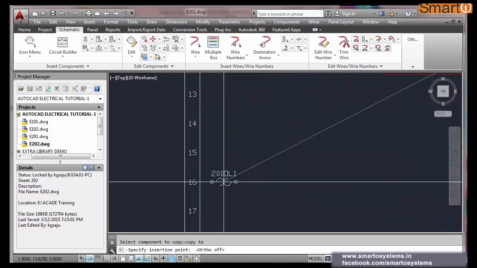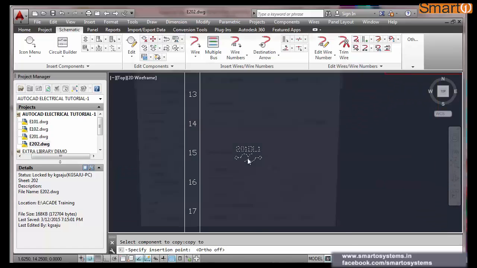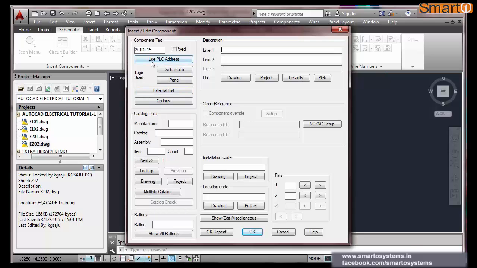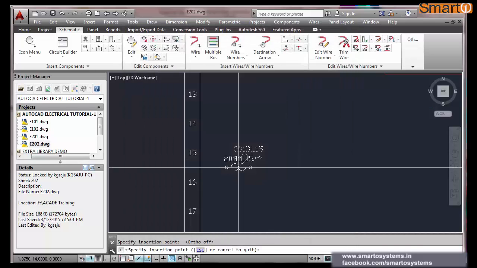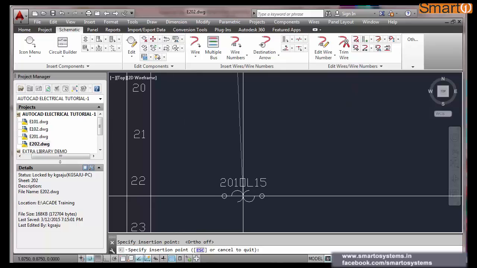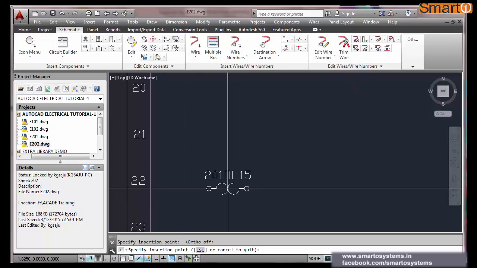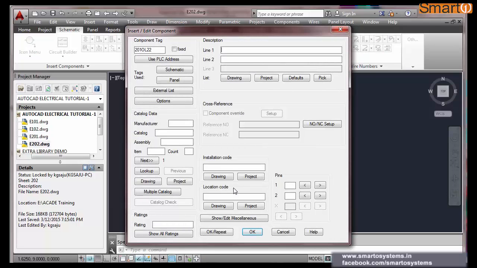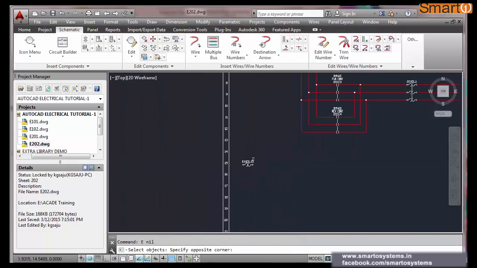It will now become 201 while 15. See. And if I copy it again, it will now show 201 while 22. So this is also one way of doing the tagging. Right?